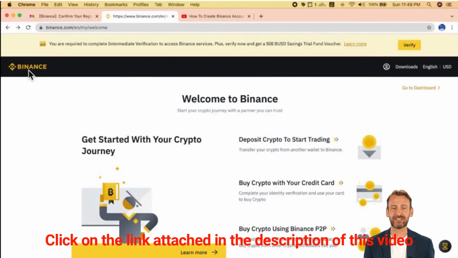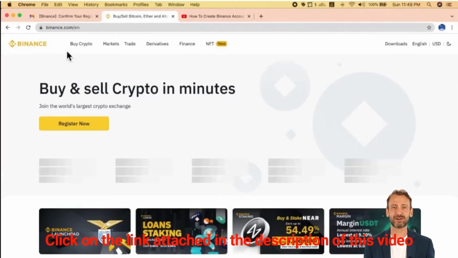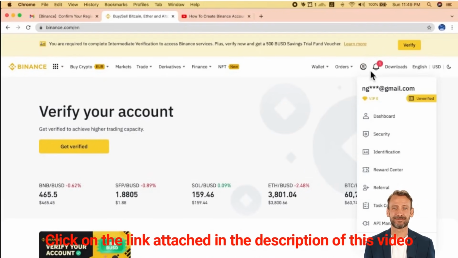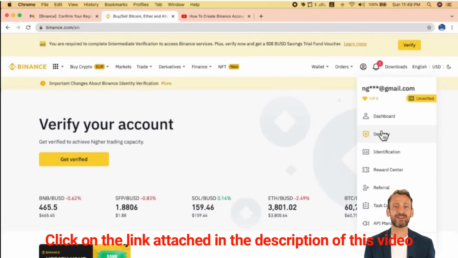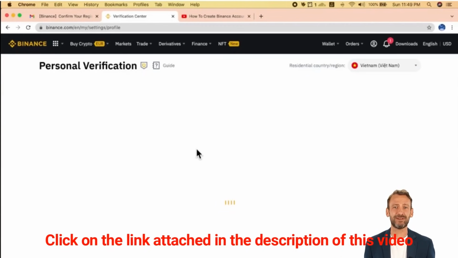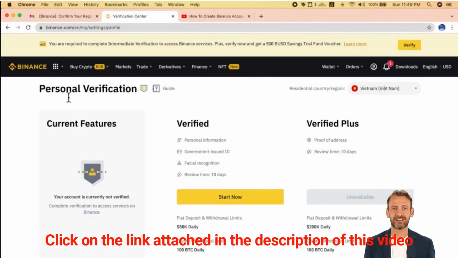Step 4. KYC, Know Your Customer Verification. You click on the Binance icon in the upper left-hand corner of your screen to return to the main page. Then, click the person icon on the top right corner to choose Identification. In personal verification, you click on Start Now